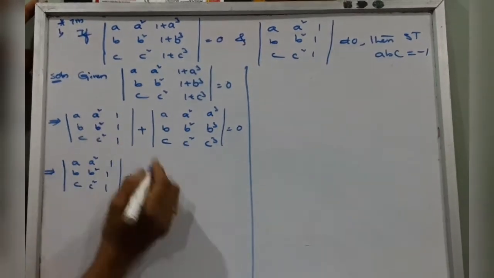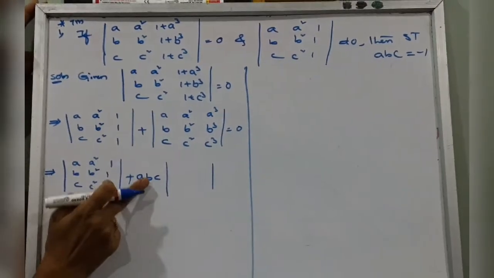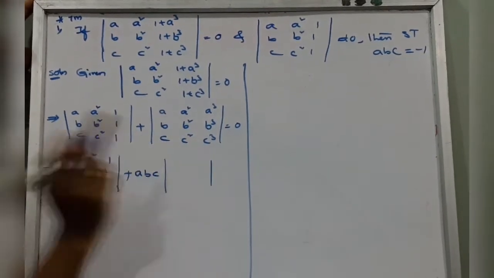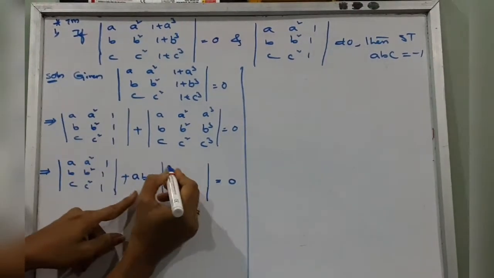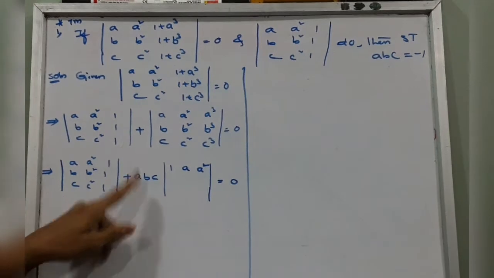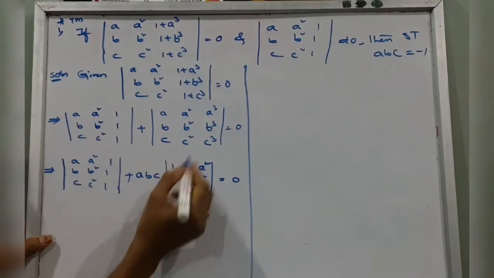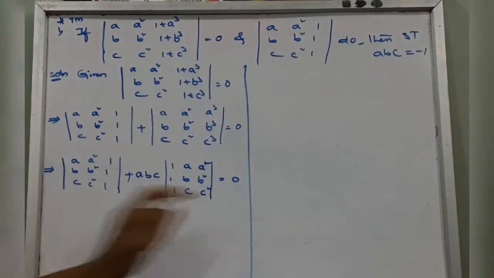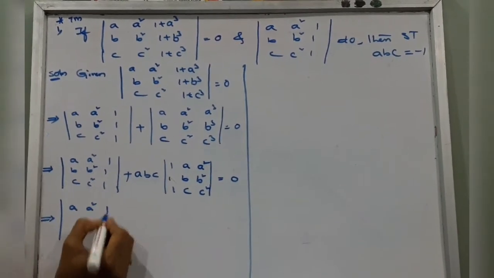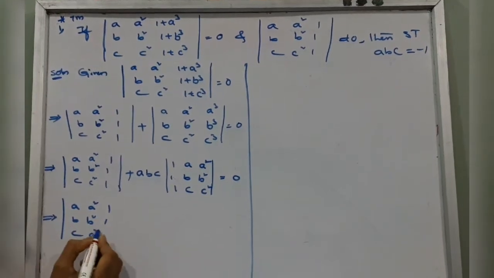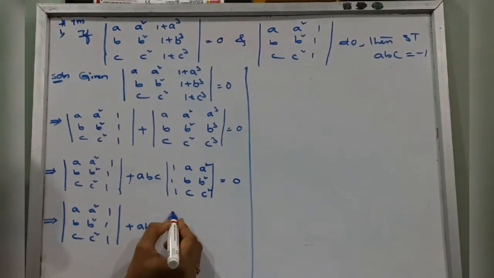Now take a into b into c as common. A is common from the first row, b is common from the second row, c is common from the third row. Now the remaining matrix: first row 1, a square; second row 1, b square; third row 1, c square is equal to 0. This implies the first matrix is the same, a square 1, b square 1, c square 1, plus abc of